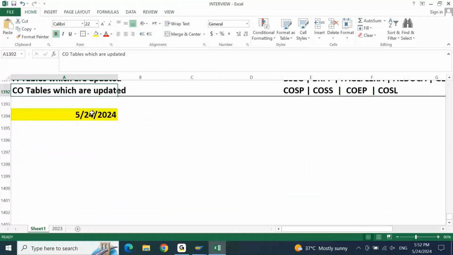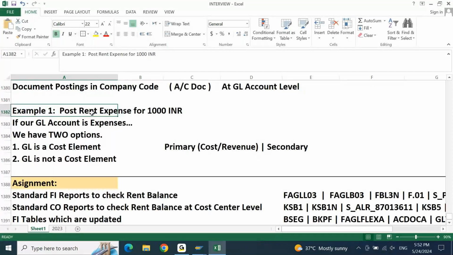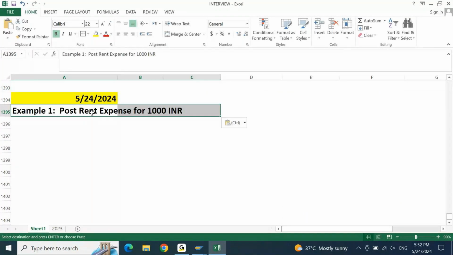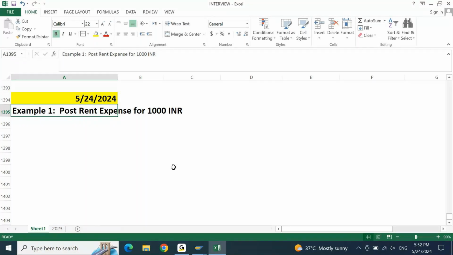Now next thing what we'll do, let me try to record the accounting entry. I'll take the same line item here. Same example, I'll bring it down. Now you need to pay attention here. Don't get confused. Most of the time we are confused because when I'm talking about posting rent expense for 1000 INR, you are only concerned about rent expense. Don't look at what my offsetting account is. You can take any offsetting account. Here, if I don't mention anything,